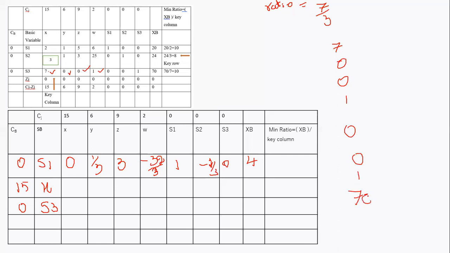So this is the old row. Old row means the number which I want to make 0, the corresponding number, we consider it as old row. So minus, we need to write the key row. What is our key row? Key row is 3. First element is 3. And next I have got 1, and then 3, and then 25. And then we have got 0, then 1, and then 0, and then 24. So this is our corresponding key row.